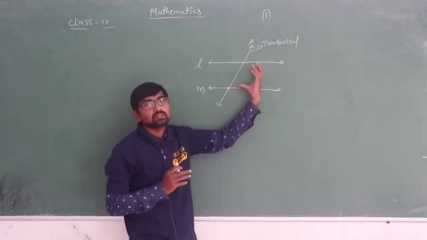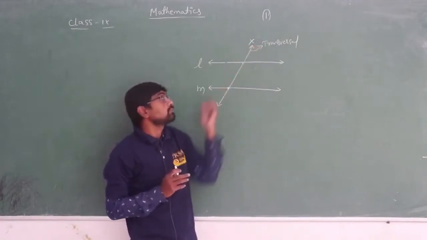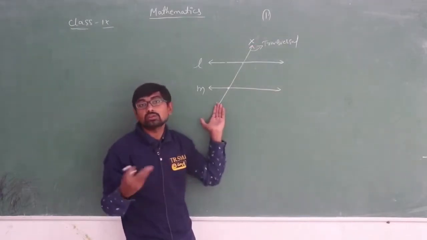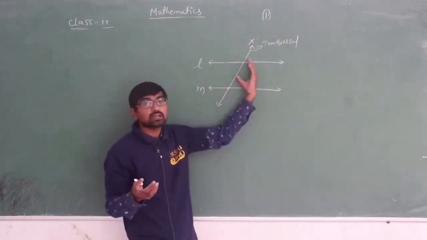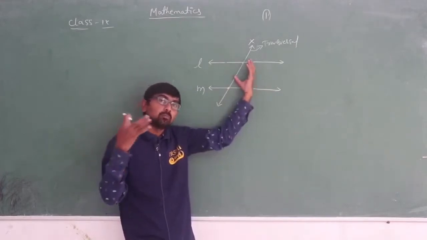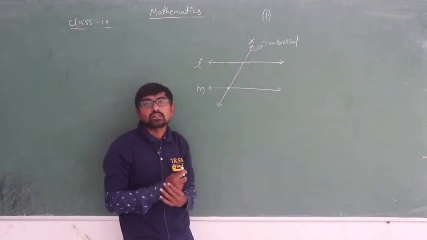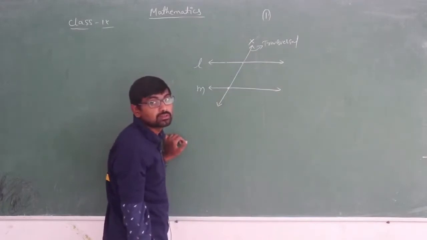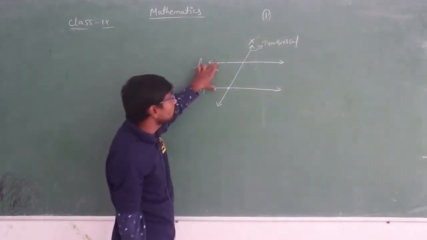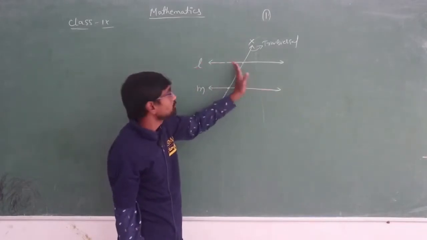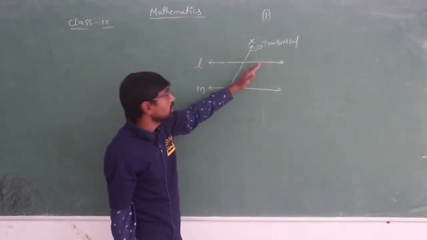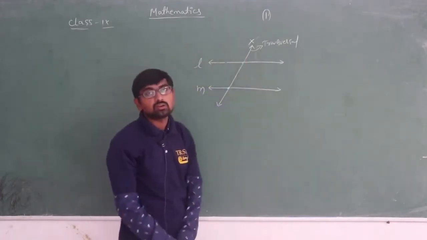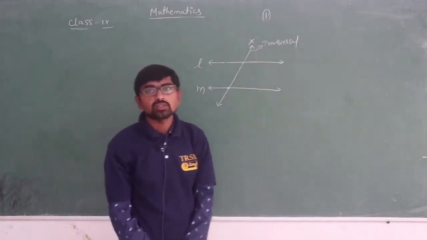If we have two parallel lines, and the two parallel lines are being cut by one other line, it may be one line or two lines or three lines, anything. If any other line is cutting both the lines, then it is called a transversal. If I take one more line from here to here, here we are having two transversals. For these parallel lines, these two lines are cutting them, touching these two parallel lines at one point. Because of that reason, both lines are called transversals. Hope you all understood about the transversal.